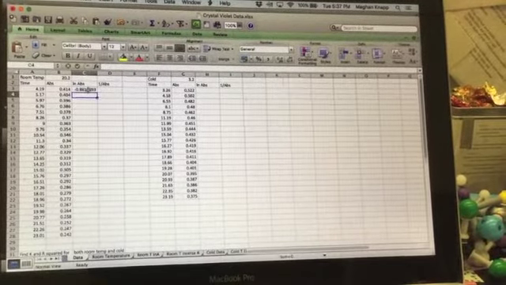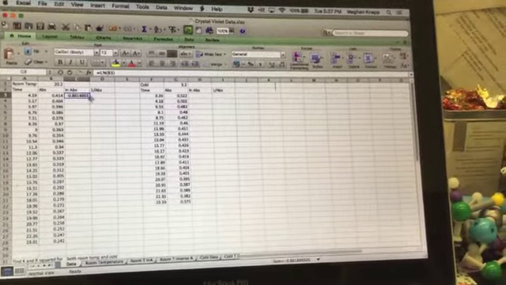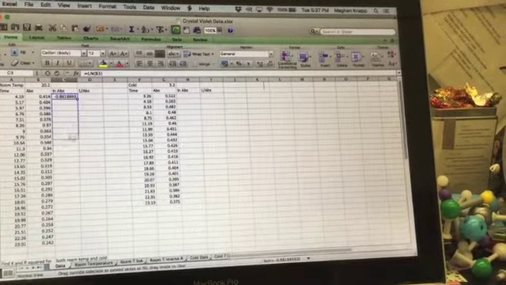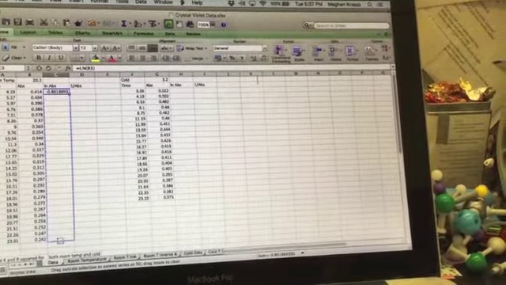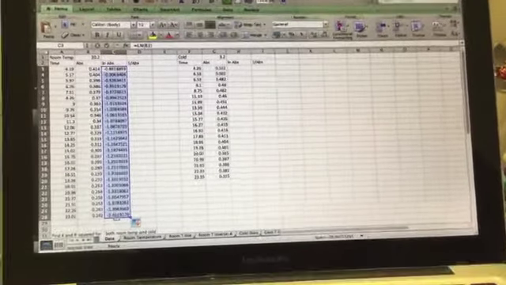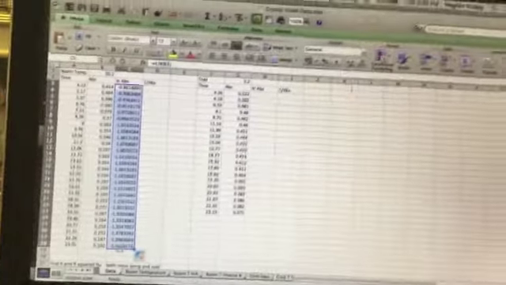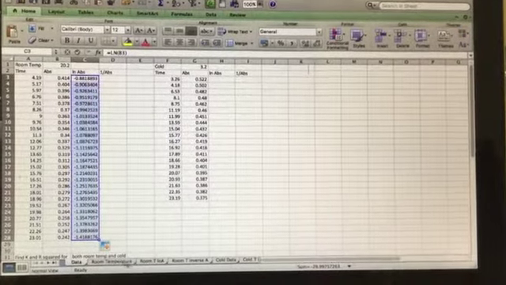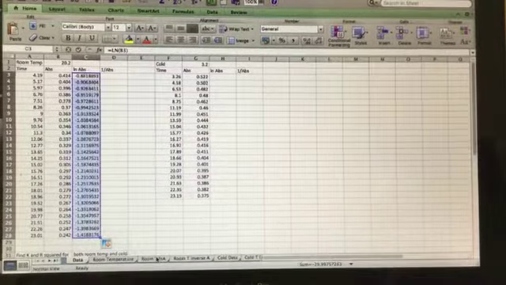I could type this over and over again, or highlighting that same box, I'm going to click on the small box in the corner and drag down. This will fill in the natural log for the cell next to it for each cell in this column. Now, if I click on the room temperature ln of A tab at the bottom,